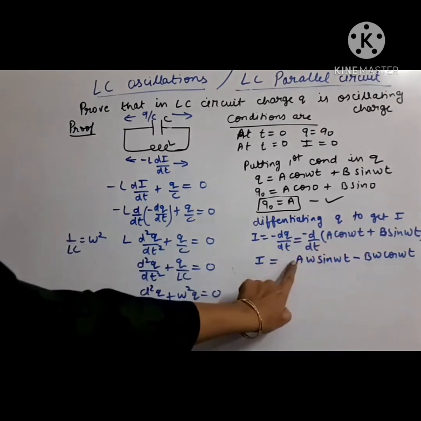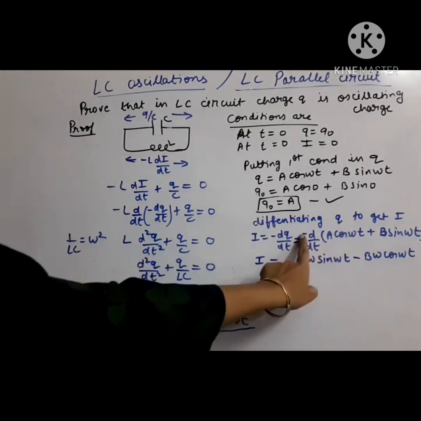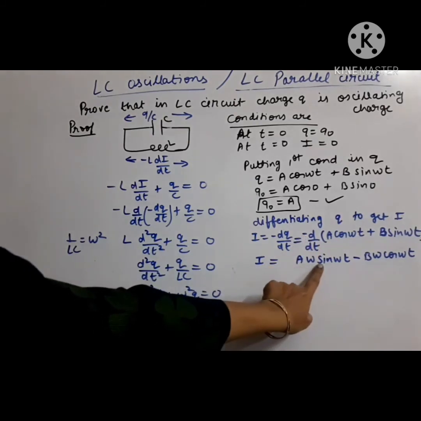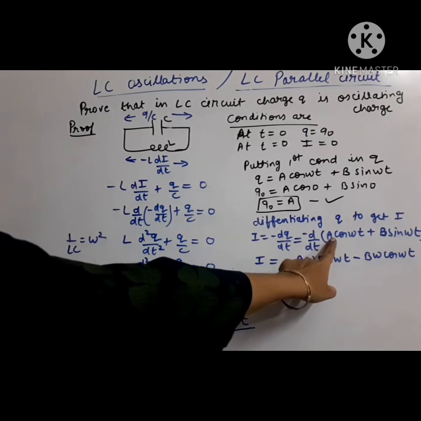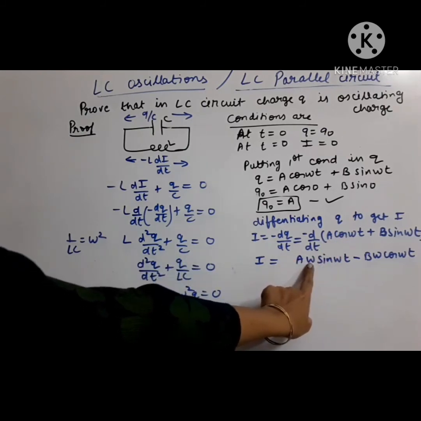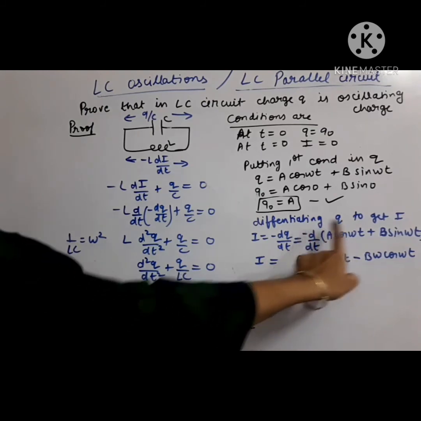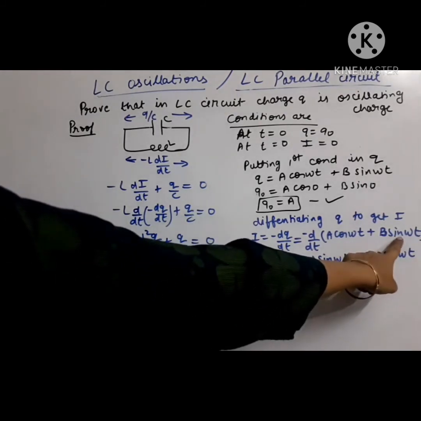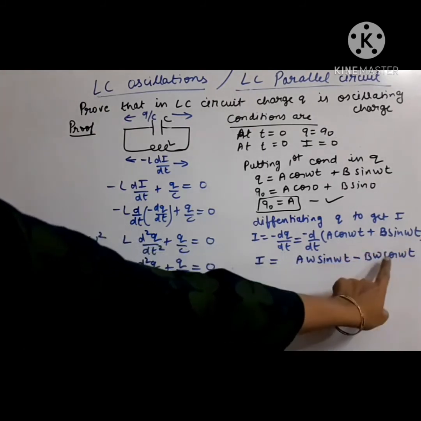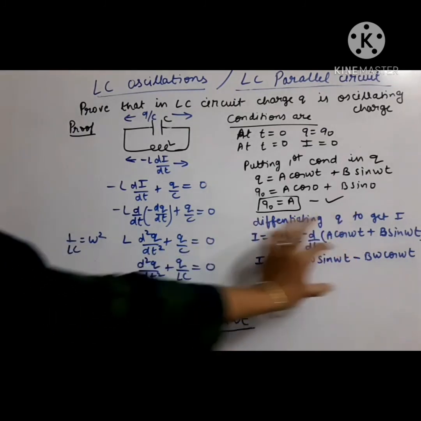Now let us do the differentiation. A is constant. The differentiation of cos has a minus sign, so minus minus becomes plus: sin theta. Because omega is also there, whatever constant comes is multiplied when we do differentiation, so omega will also be multiplied. So a omega sin omega t. Now this minus sign is also taken. For b, the differentiation of sin is cos theta, and omega is extra, so this we also have to put. So this is our current equation.